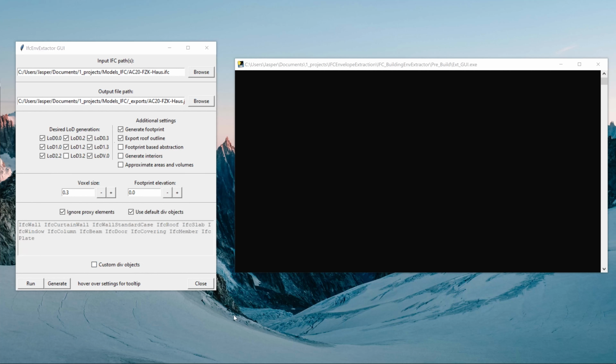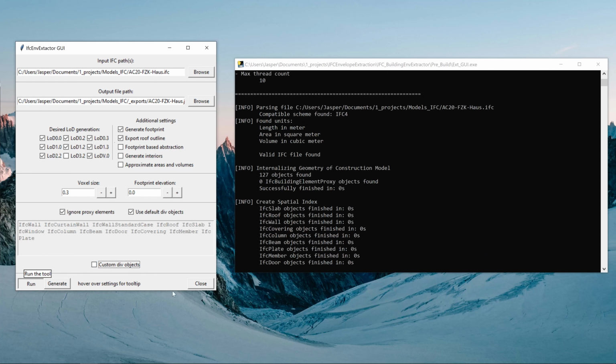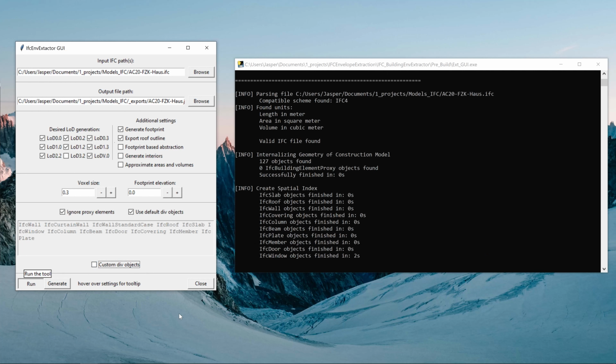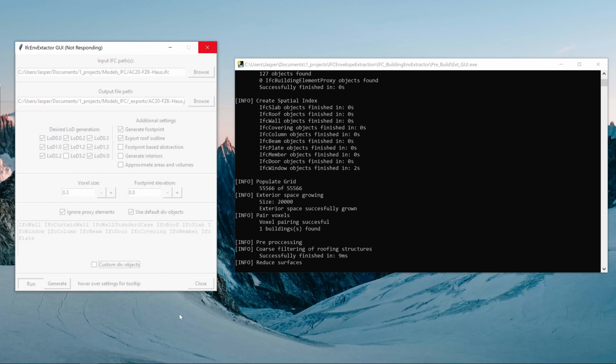When this is all set up, the Run button can be clicked. This will start the application. Its progress can be monitored on the console. It communicates the input that is received and the steps that it is taken. Based on the complexity